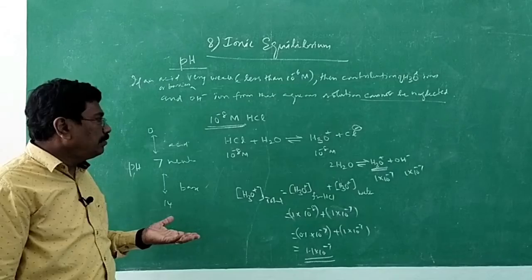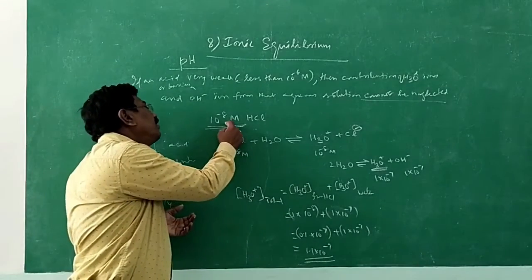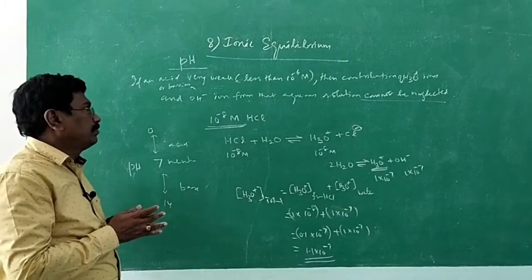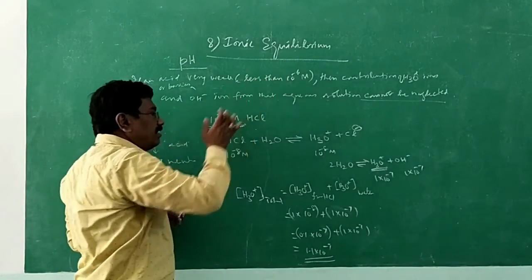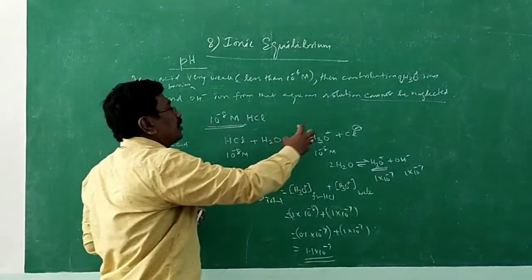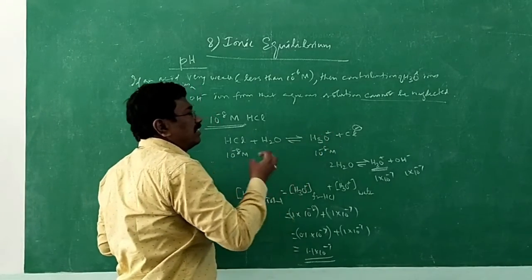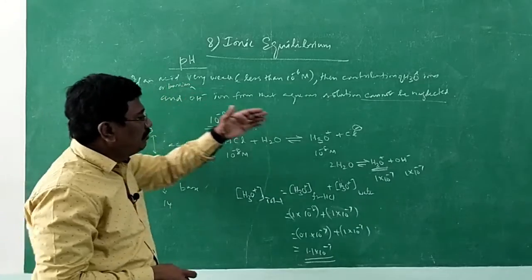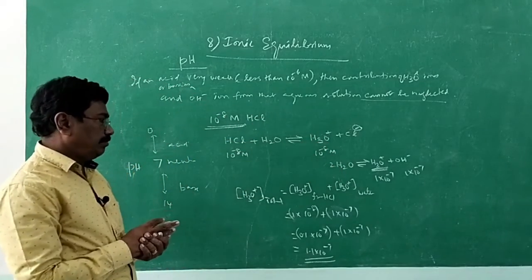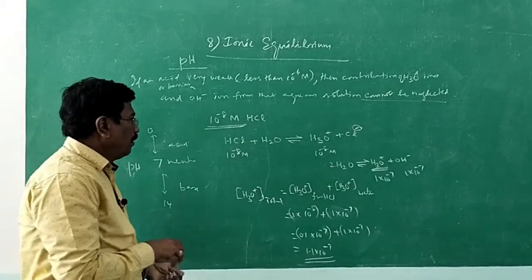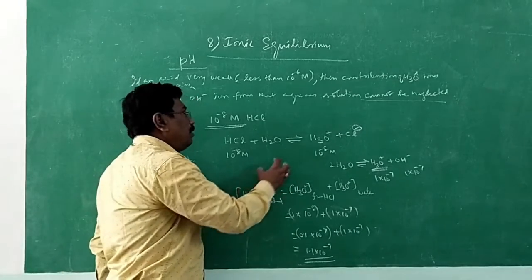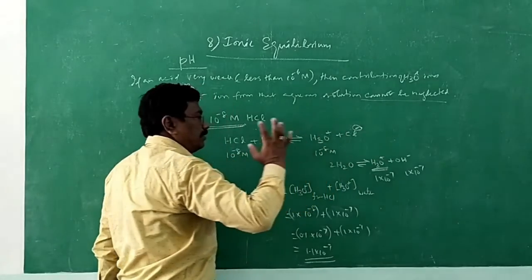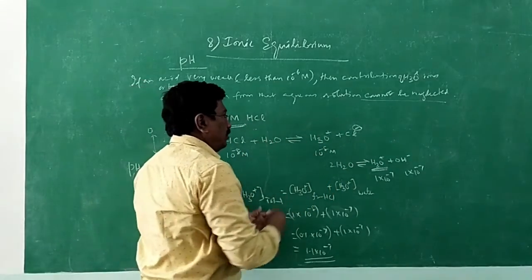How is it possible? Since it becomes very weak, very dilute, less than 10 power minus 8, the contribution of hydronium ion has to be taken into consideration for acid. If we take for OH, we will be adding OH. That's all. So, hydronium ions are available, one from hydrochloric acid, another from ionization of water. So, if we add both,